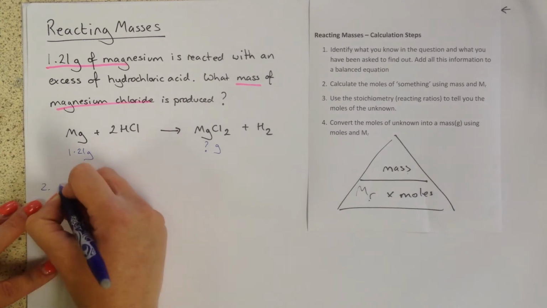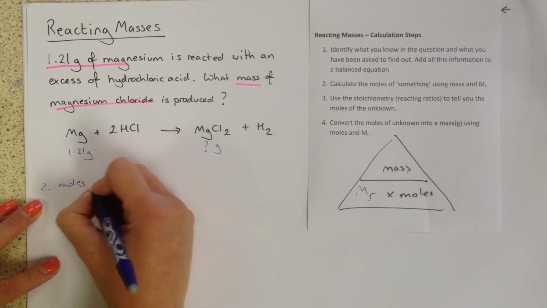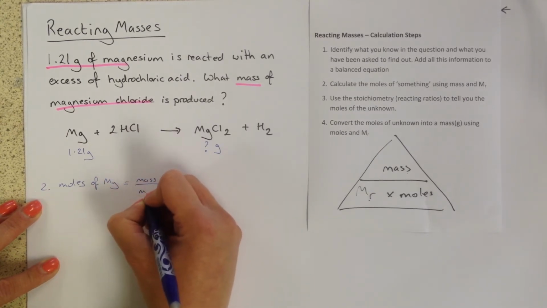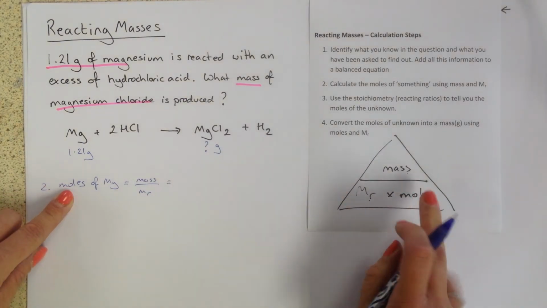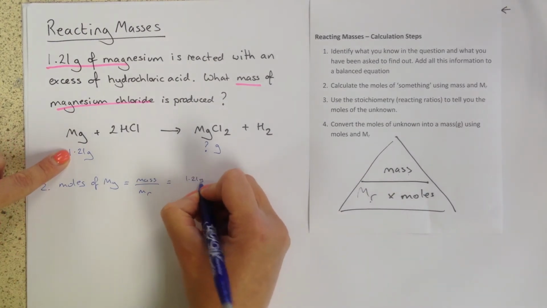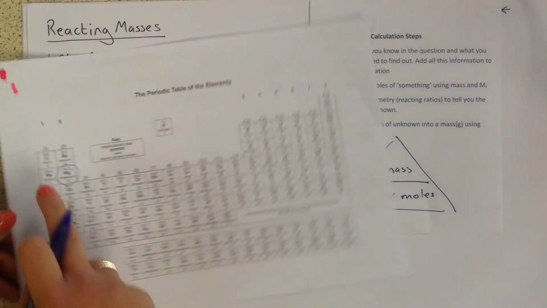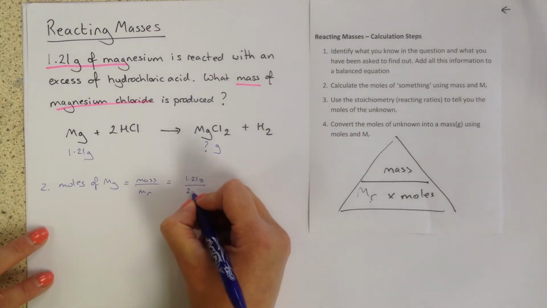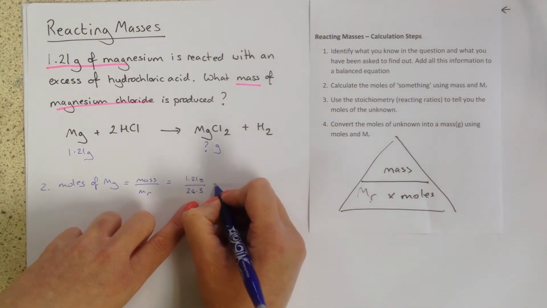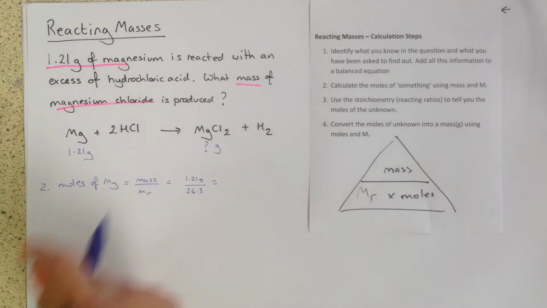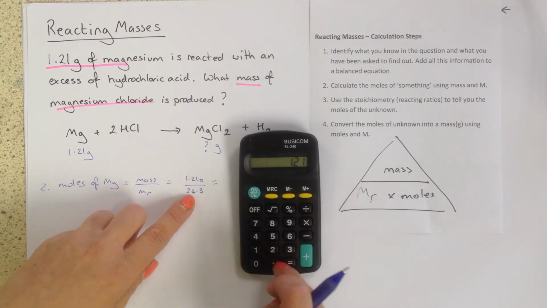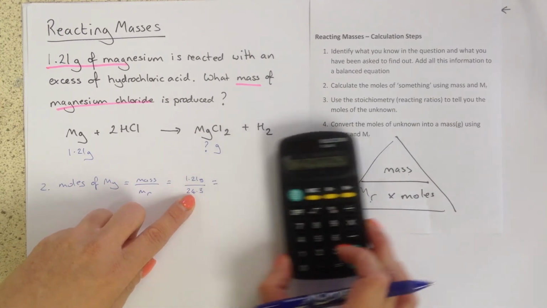So step 2. It's a bit long-winded, but you need to get in the habit of writing everything out. So just like I'm doing, write out the steps in the calculation. So moles is mass divided by MR. We know the mass is 1.21 grams. The MR from the periodic table is 24.3. MRs are always expressed to 1 decimal place. Please get in the habit of doing that. And if we put the numbers into the calculator, you can check yourself, we've got 1.21 divided by 24.3 is